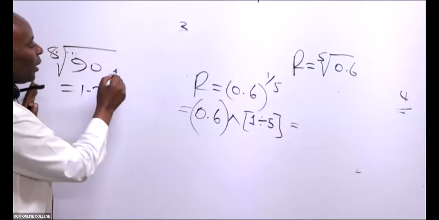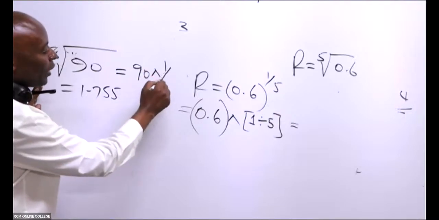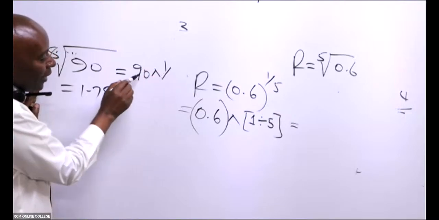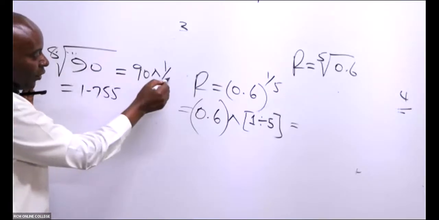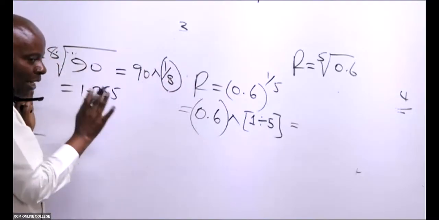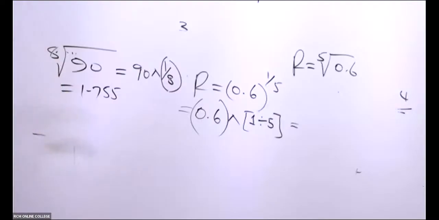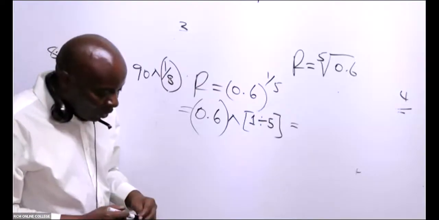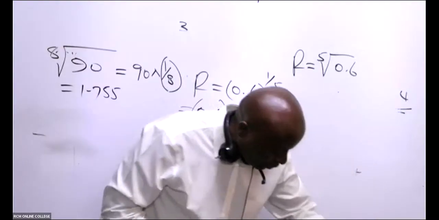1.755. Will this be the same as 90 raised to 1 over what? 90 raised to power 1 over 8, isn't it? And the 1 over 8 must be put in brackets. Ebu jaribu niambie itakuwa the same. Itakuwa the same, isn't it? I hope you guys have been able to learn something there ambao sasa mtatumia nyumbani baadaye mkifanya